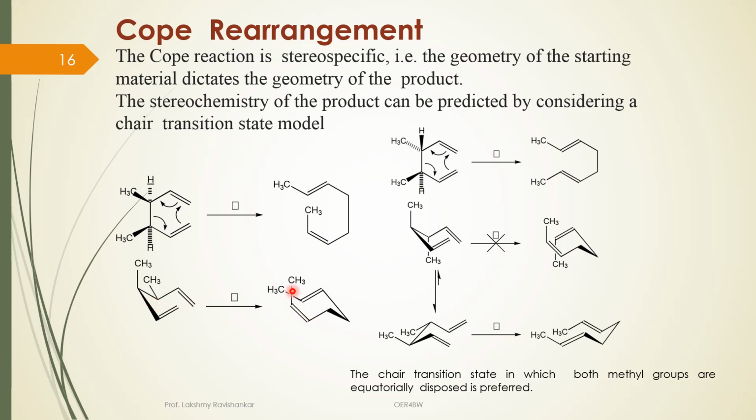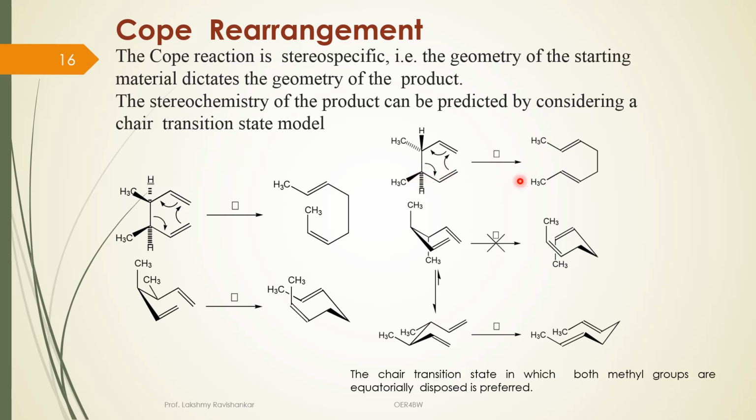Now you see that this methyl, this double bond is going to have the Z stereochemistry, and this double bond will be having the E stereo descriptor, or in other words, this will give rise to an EZ isomer. But if I were to take this kind of a trans type of a relationship, and